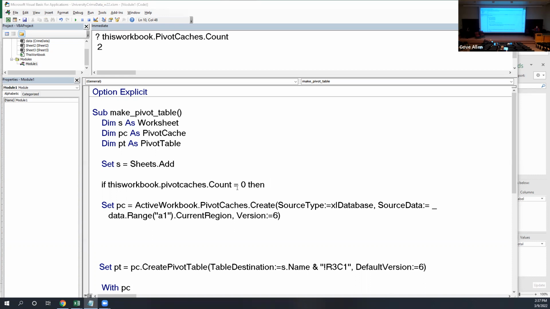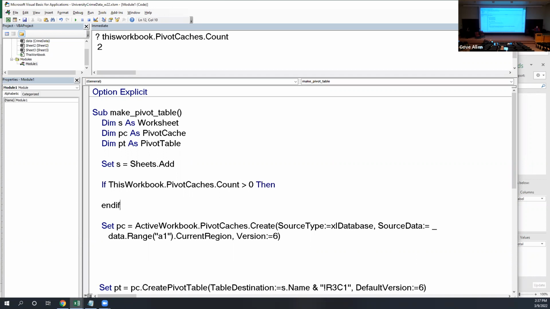I think we're going to end up creating this if we can't bind on to the existing one. So let's do this. Let's say if there's more than one, if there's more than 0. So if it's greater than 0, then I think what we want to do